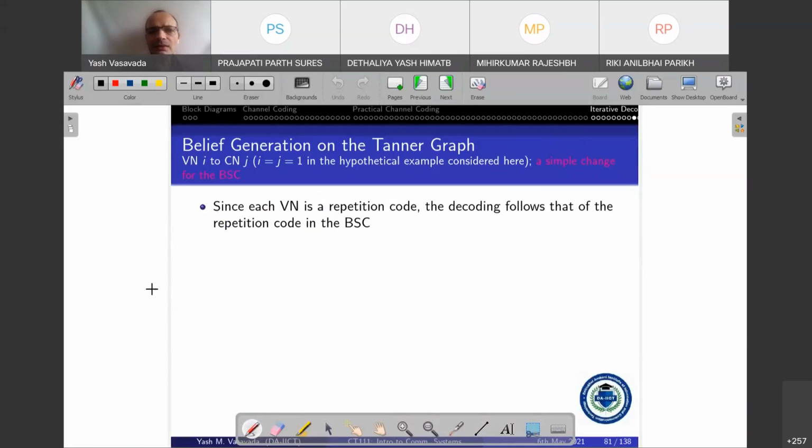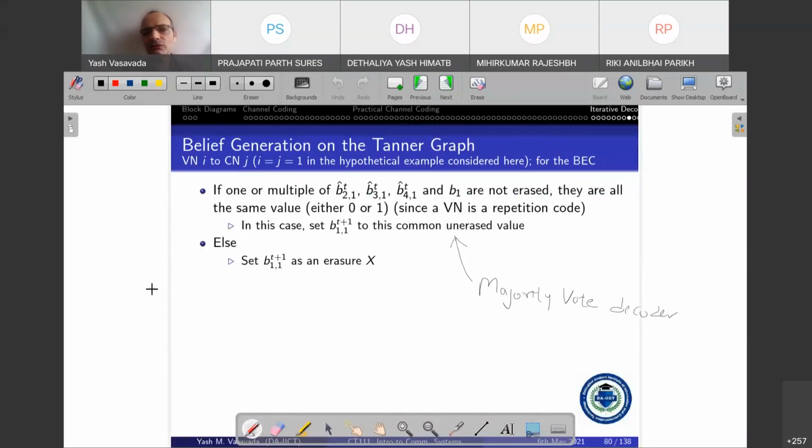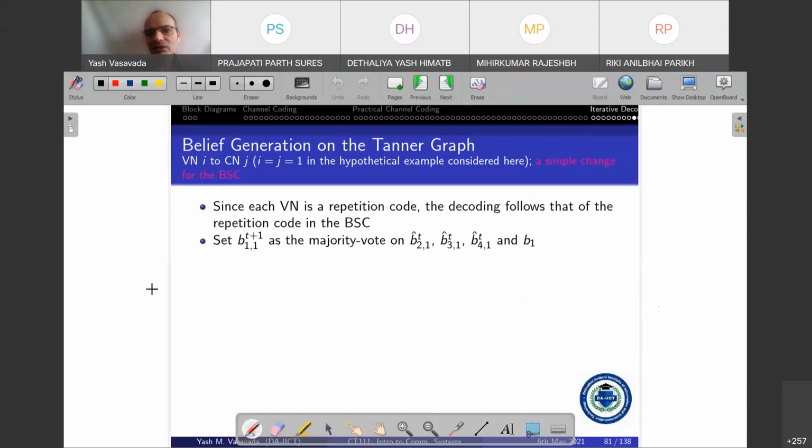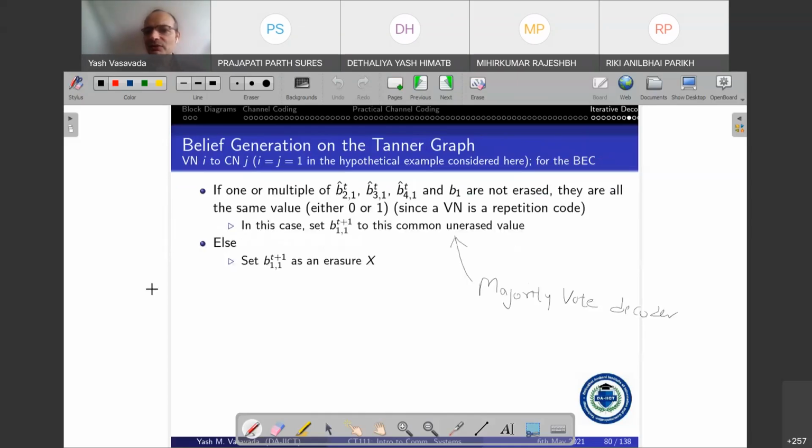Now, see, this is the reason why I said that with the 4 algorithms, there's not a lot of change. So going from the BEC hard decision to the BSC hard decision, look at what changed. See, this also is majority voting, but here also we are doing majority voting. The only change is that for BEC, we have to put this as a condition that